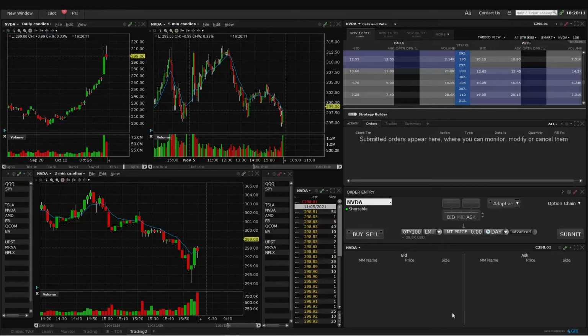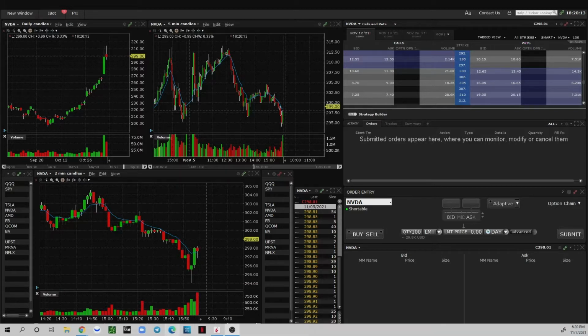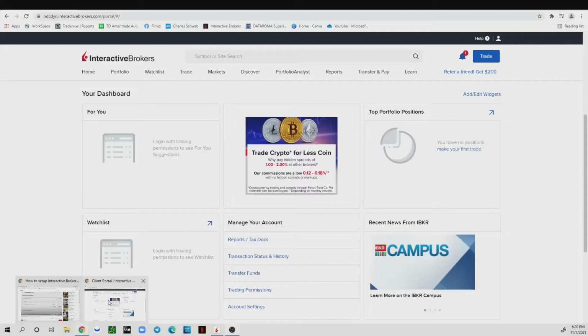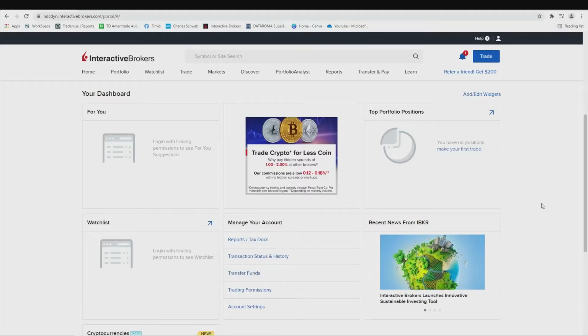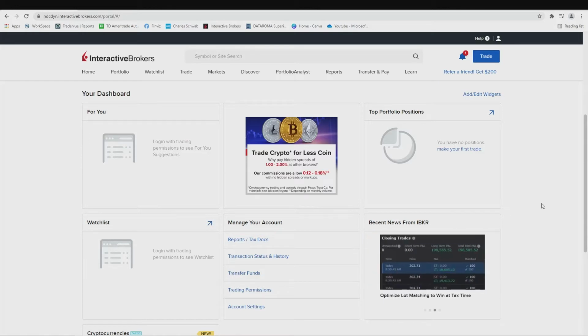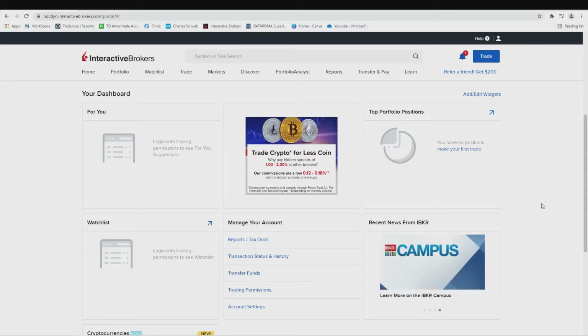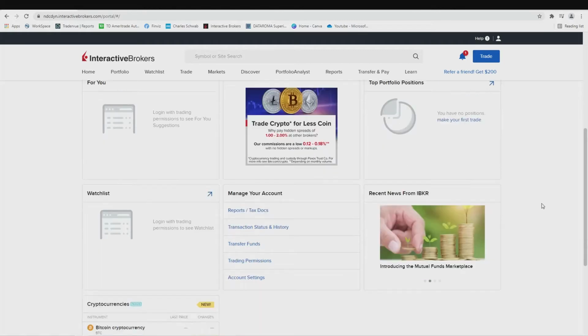So I have 4 subscriptions. Let me jump into my settings and show what those subscriptions are. Once you open an Interactive Brokers account, even after you deposit money to your account, they don't directly subscribe you to any subscriptions. You need to manually go into the settings and apply for those subscriptions, and only then they will add those subscriptions to your account. So there are four subscriptions that you need.